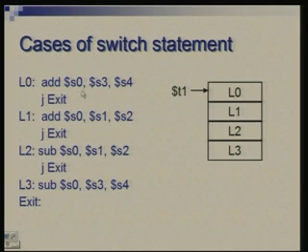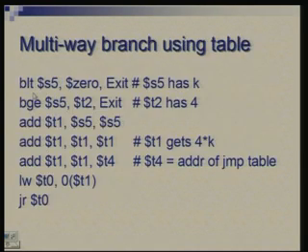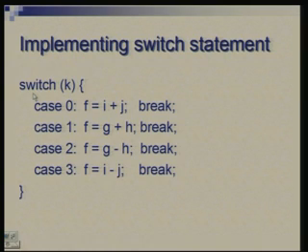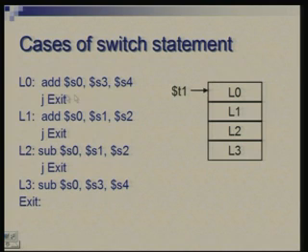The statement we had in the first case, now recall this, we have i plus j in the first case, g plus. So, there is an addition here, another addition there, and then 2 subtractions. So, you will find straightforward code doing that. S3 and S4 are added, put in S0. This is the other addition, subtraction, another subtraction. So, whatever is the body of the case can be put here. It could be one statement, it could be more statements, and finally, you have a jump to exit, which corresponds to the break we had.